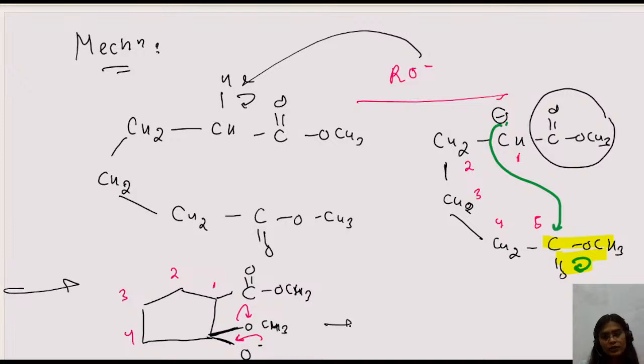Okay, so what is the final step? That it's a double bond and a CO OCH3, and the double bond is generated. This is all for the Dieckmann reaction. Okay, now